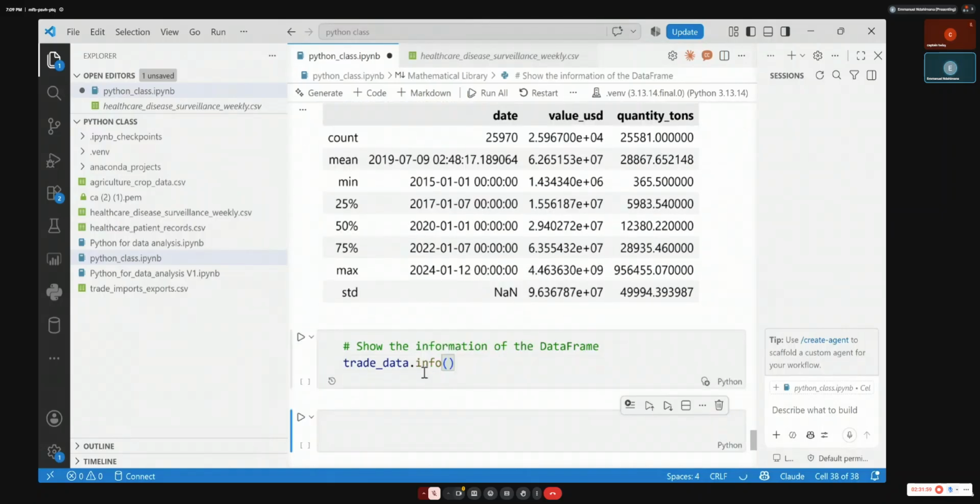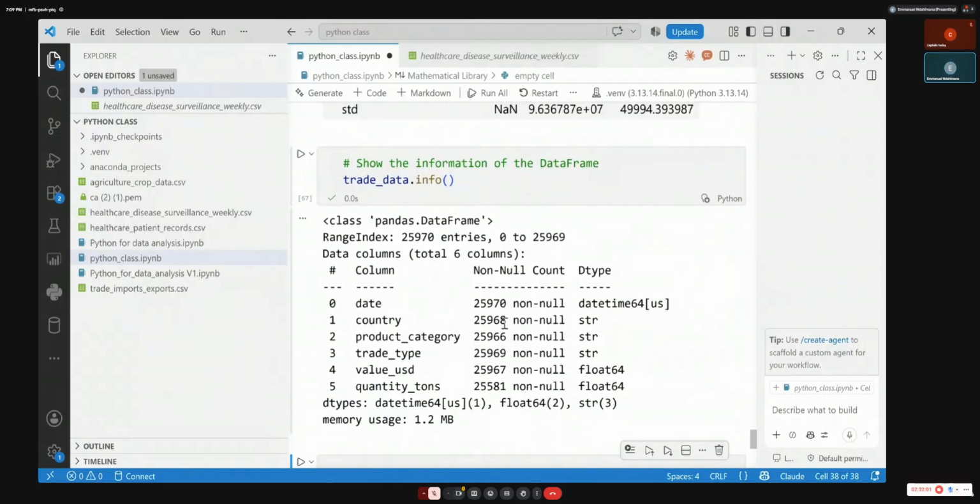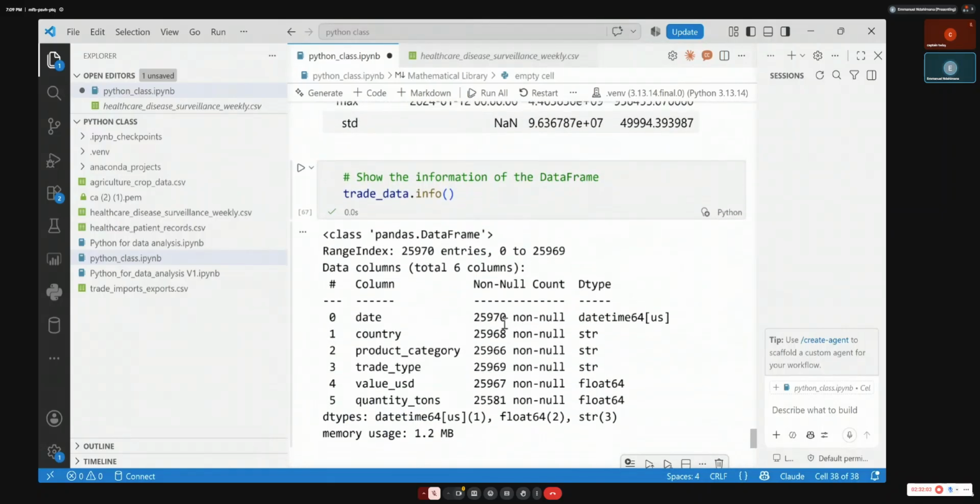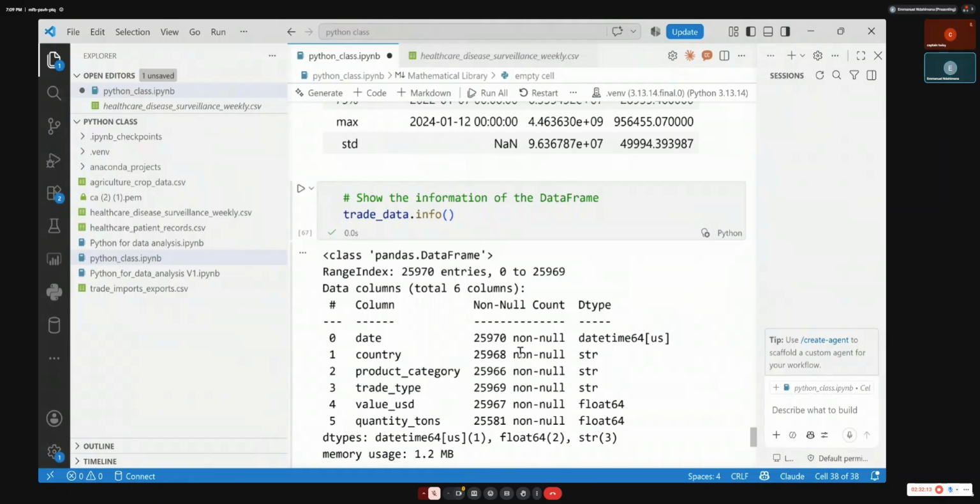So use info. Now, if you do like this, it will show you the info. So the info function gives the information on the data set. Do you see this? Look at what info is giving.